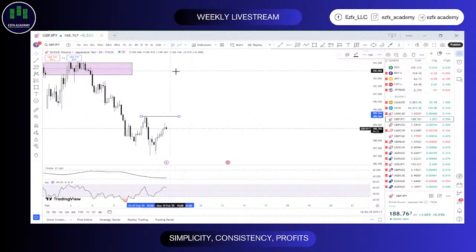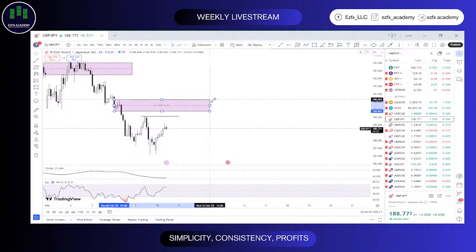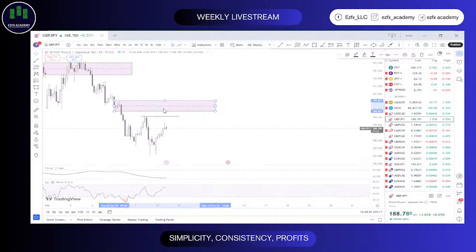So let's just quickly go on for JPY, for GBP JPY rather. So this is one high that I'm watching out for. I will not be picking you. This is the next one I will not be picking you too, sir. This currently is, so to speak, an attractive position I'm watching out for. So let's go back to the 4-hour time frame.